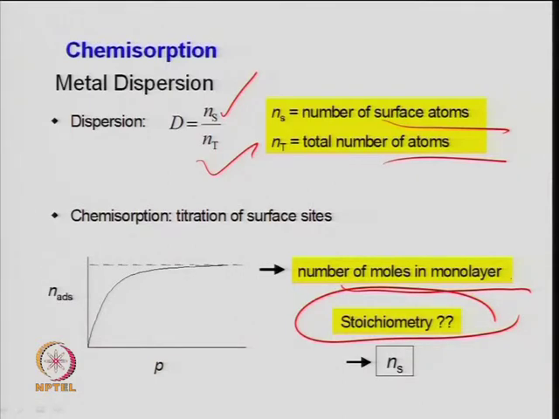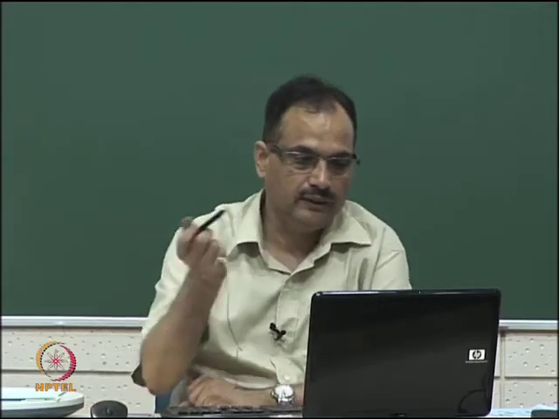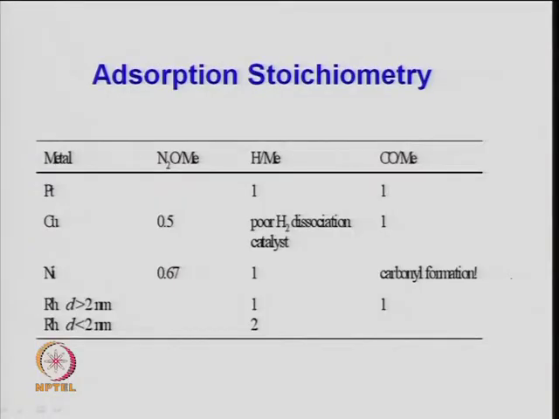So, hydrogen adsorbs dissociatively on most surfaces. It means if you take one molecule of hydrogen, it splits into two atoms, and then it will cover two metal sites. So, one hydrogen molecule will take two sites of that platinum metal, suppose. So, that is the stoichiometry here, and these can be calculated on different metals.